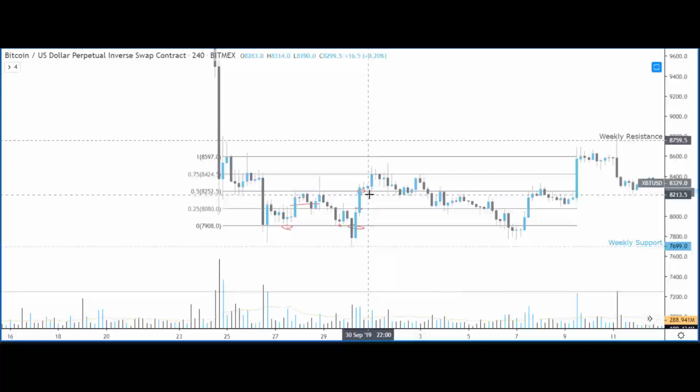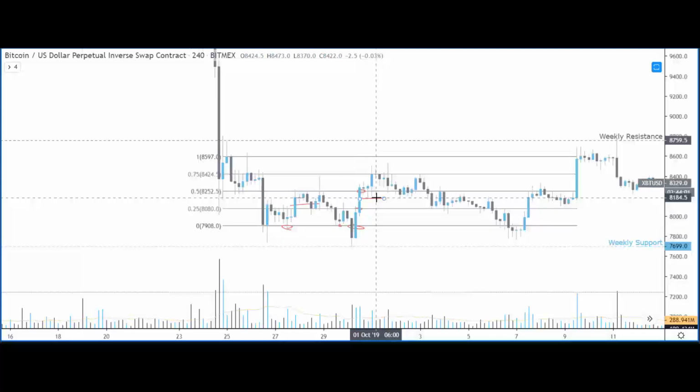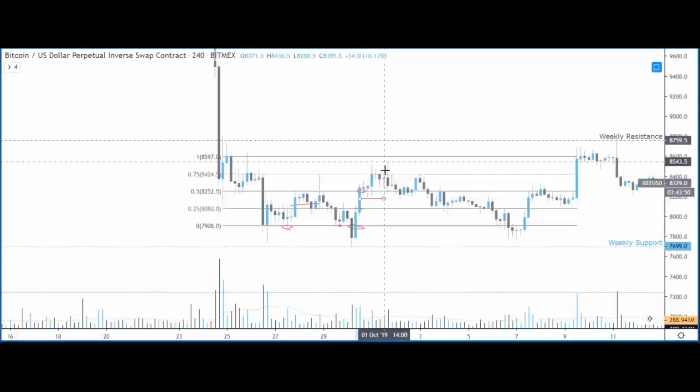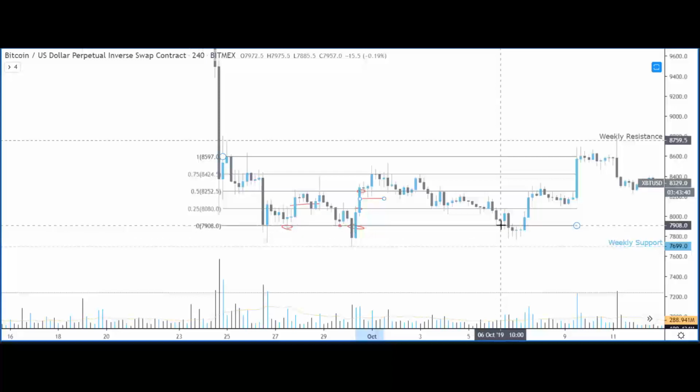We would be looking to trade price to the top of the range, so essentially compounding along, and the total stop being below this level, and taking partial profits at the 0.75 but not hitting the top of the range, getting a deviation over the previous high, entering back into the 0.75. We would take another short, we would be able to hold the short all the way to the bottom of the range